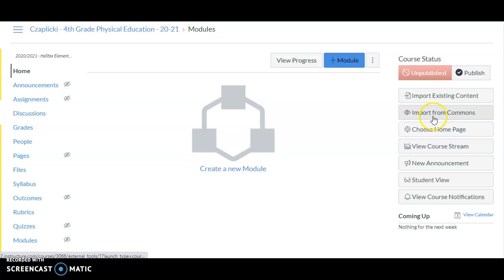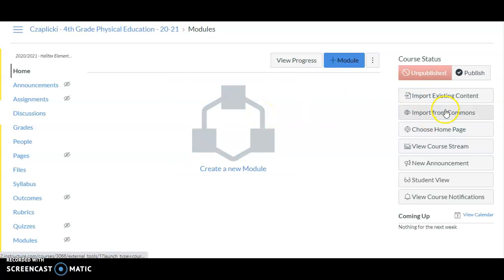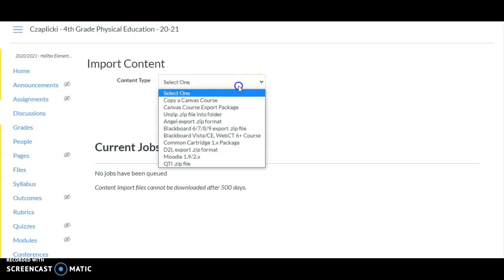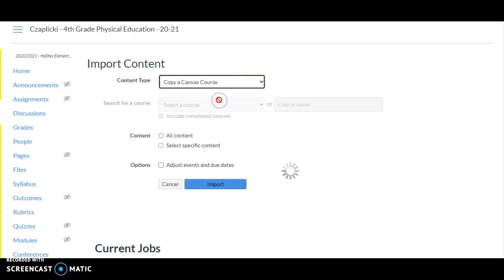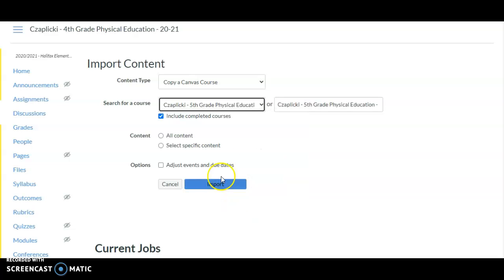So you're going to go to the course that you want the item in, and you're going to click Import Existing Content, and you're going to hit Content Type, Copy a Canvas Course. Now don't fret, you're not actually going to copy everything from that course, but in 5th grade I did have something that I wanted,